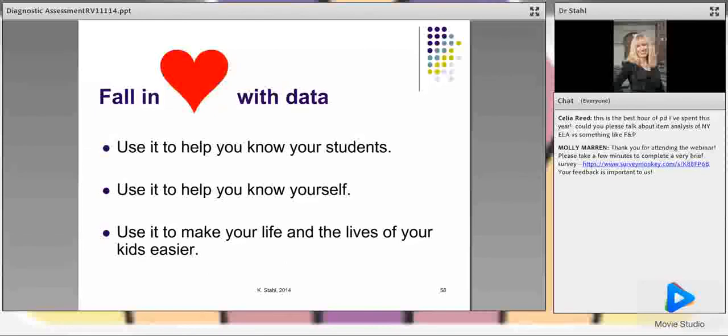All the items are built. Otherwise, you would have to have a test that had 200 questions on it. So these items are all designed to be interrelated. So doing an item analysis does not really give you the information that one would logically think that it would provide for you. The other reason that item analysis does not work is because children who are having comprehension problems,